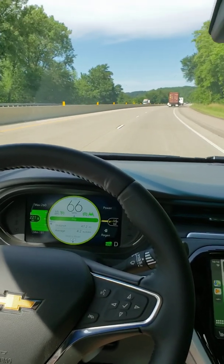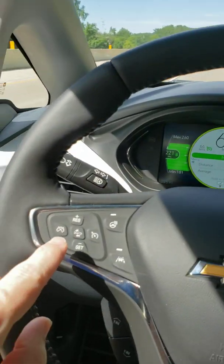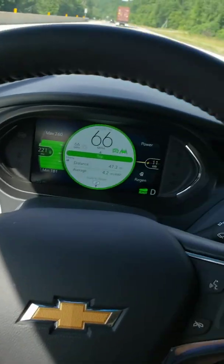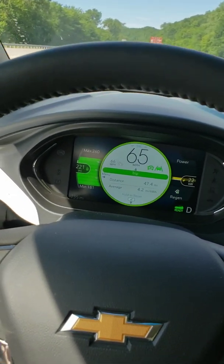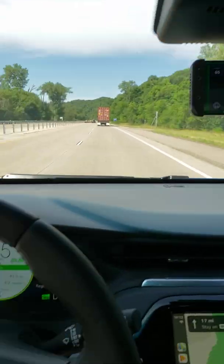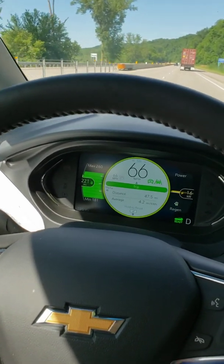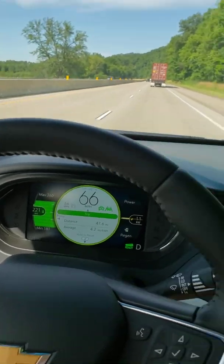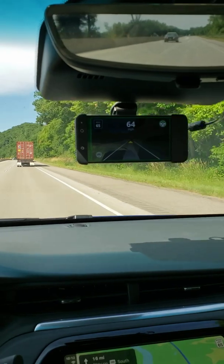So if I want to have the pedal take over with speed control, I have to cancel cruise control, which you see on my dash. I have the white indicator that cruise is on but not enabled, but the Eon is controlling speed. As you can see, I'm at 65 miles per hour, steady here, actually 66. And then it'll slow down and speed up based on the traffic ahead of me, as long as it's tracking